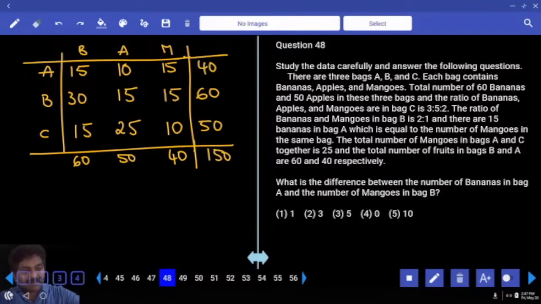Difference between number of bananas in bag A and number of mangoes in bag B. Bananas in bag A, mangoes in bag B. Difference? Answer 0. Option